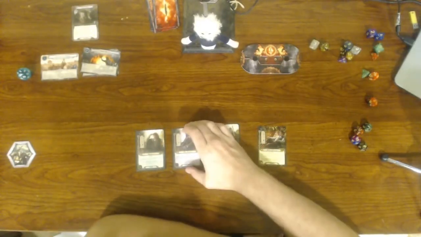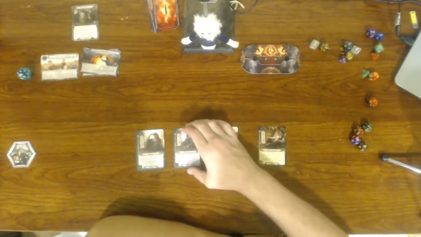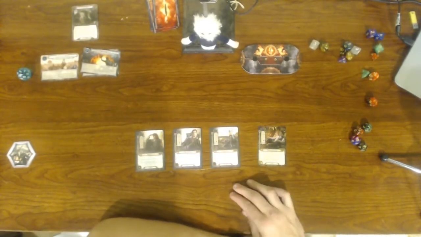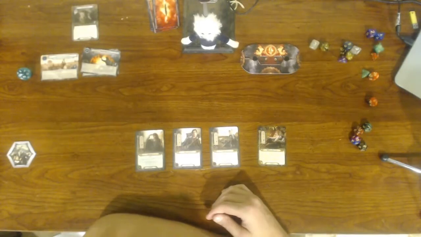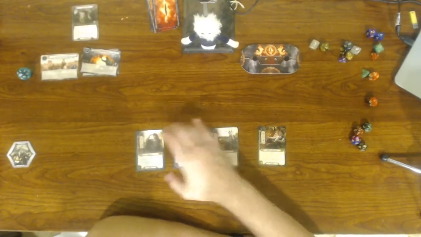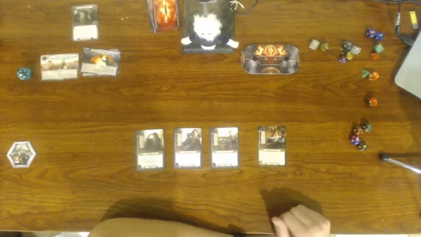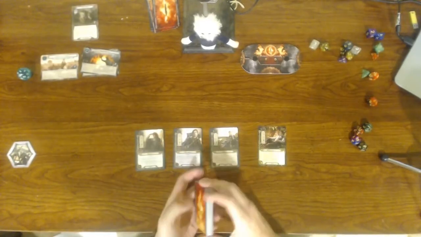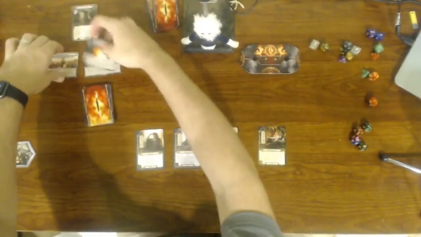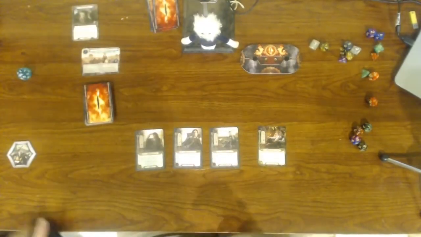Everybody, I'm doing something a little different now than I have been. I wanted to take a Hobbit deck solo through the Hobbit saga scenarios, so I am going to try to do that. And again, I'm working solo here, so I'm going to shuffle up the cards. This is the encounter deck. I'm going to set the quest deck, and I'm going to shuffle up